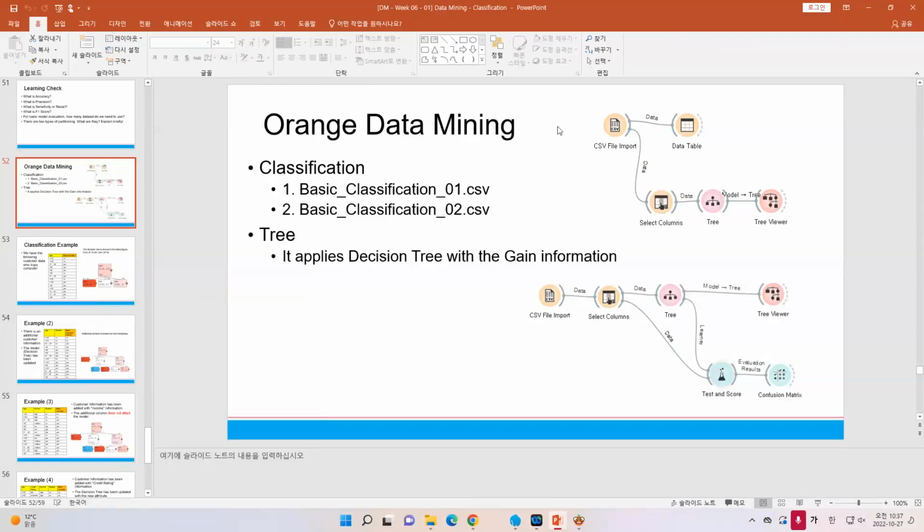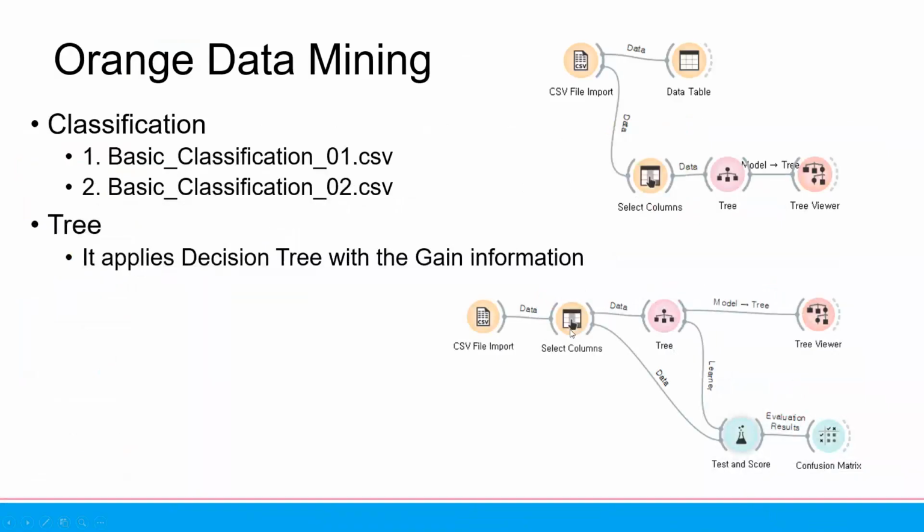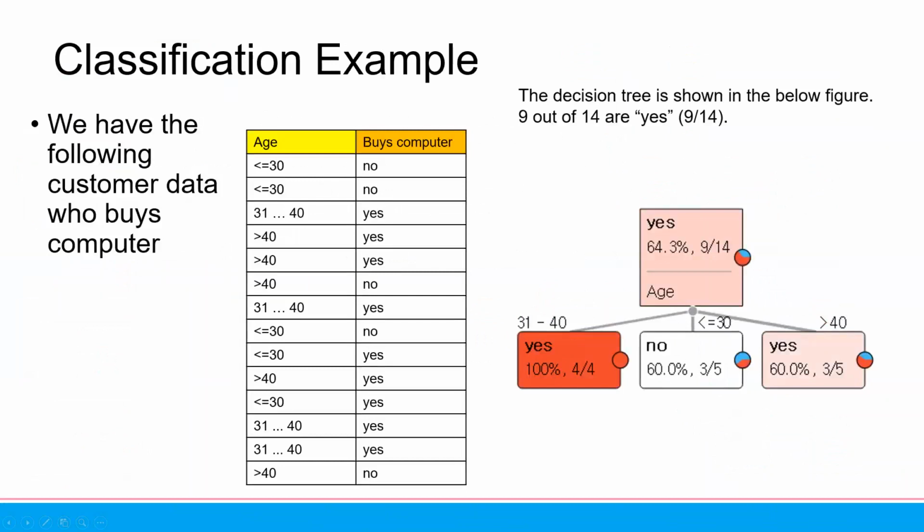When you create the tree, there are some ways how to create the best tree. Maybe I will just show you a simple example of how the classification works. So when you do the classification, let me just give you the overview of how we usually start from scratch. When we know that the decision is by computer,